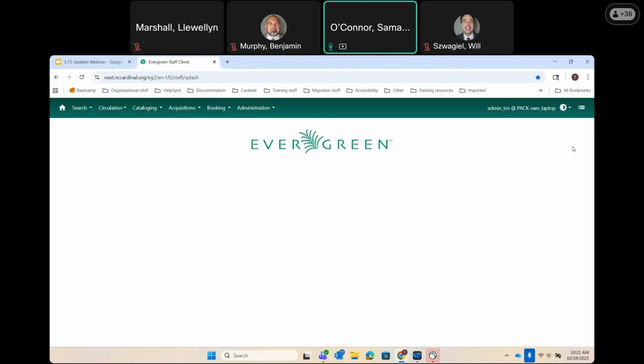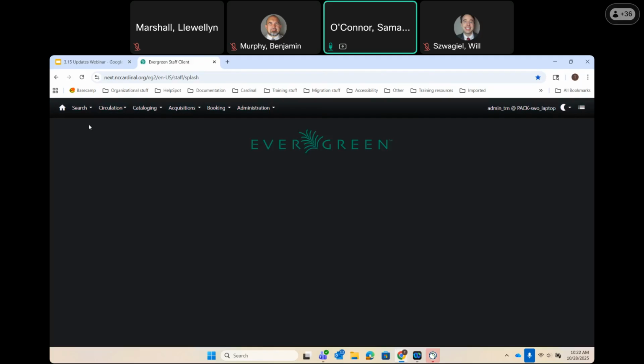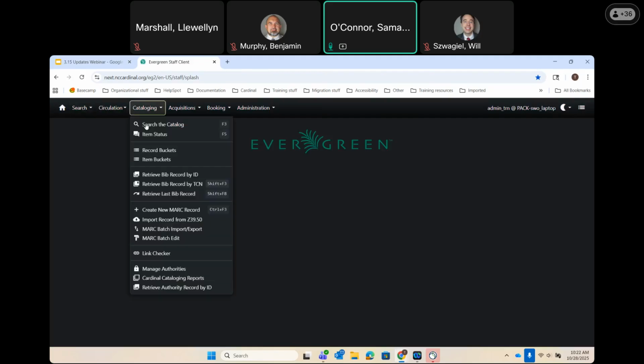My operating system is not set with dark mode currently, so if I have it on auto, it's going to stay in light mode. If my operating system was set to be in dark mode, then it would automatically go to dark mode. Regardless of how I have it set in this way, I can turn it on and off manually at any point. So if I am looking at dark mode, I can come in here,